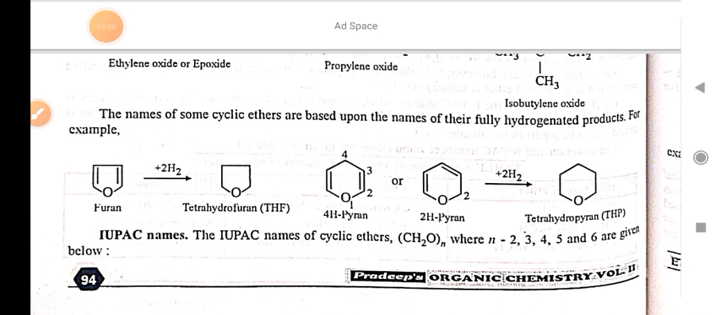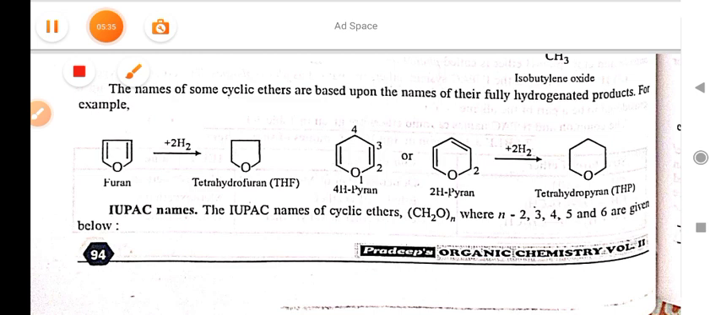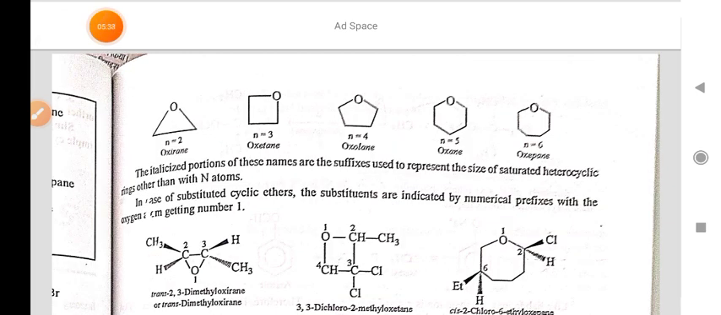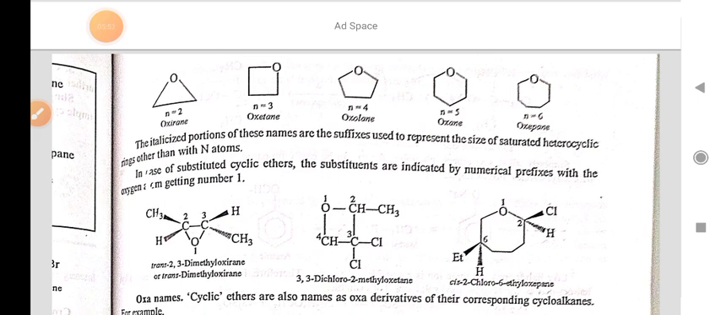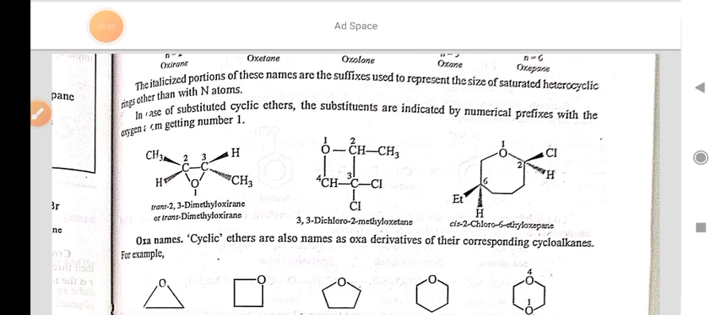IUPAC names. The IUPAC names of cyclic ethers when n is equal to 3, 4, 5, 6, 7 are given below. Oxirane, oxetane, oxolane, oxane, oxepane. The italicized portions of these names are the suffixes used to represent the size of the saturated heterocyclic ring with n atoms. In case of substituted cyclic ethers, the substituents are indicated by numerical prefixes with the oxygen atom getting